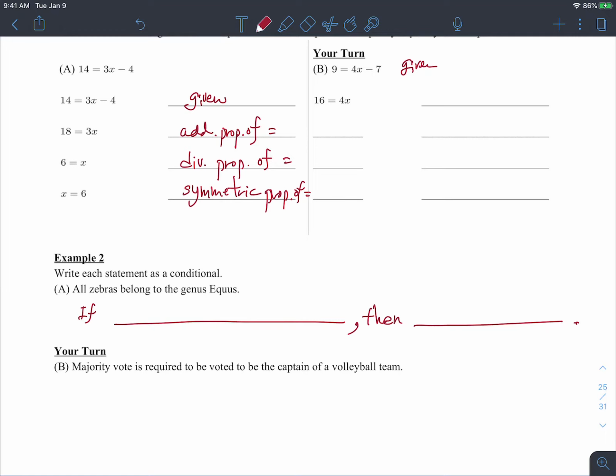All zebras belong to the genus Equus. Okay, so we have to have a sentence that separates those two together. The idea, all zebras should go here, belongs to, that should come into the second one, right? How do we do that? So you may have to introduce new words in here, guys. So if an animal is a zebra, then the animal belongs to,